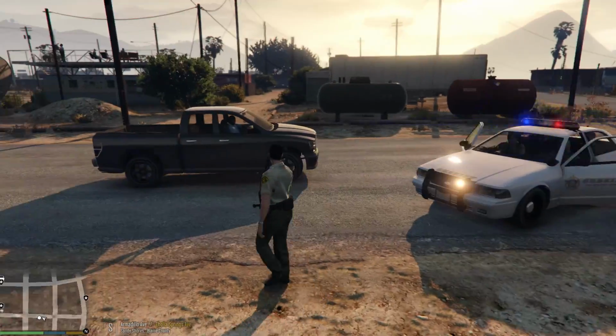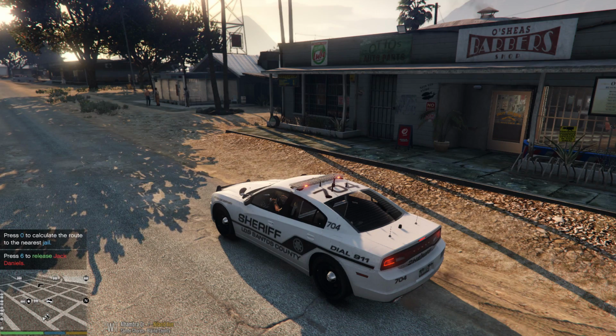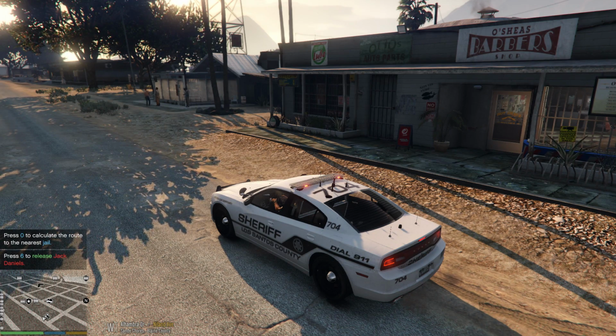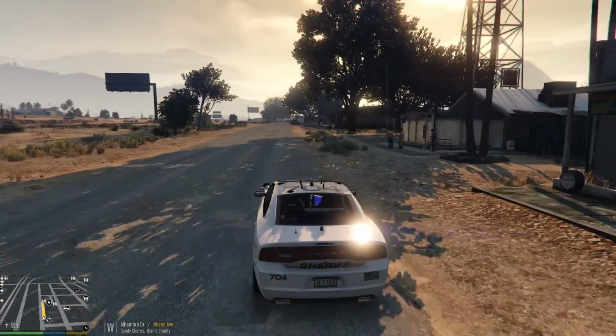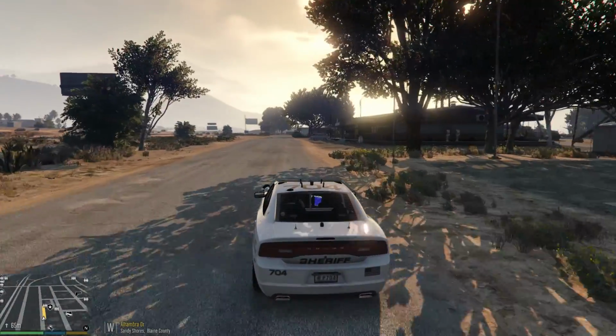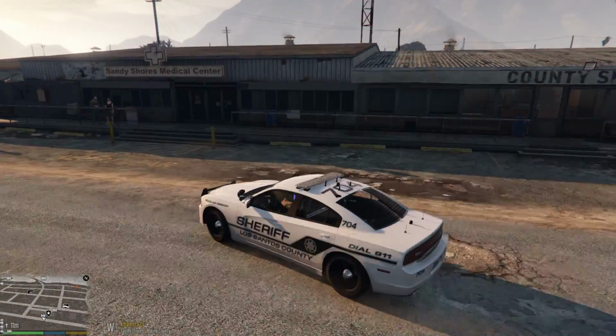Another feature of Arrest Manager is that it adds a lot more jail points where you can take your suspects to. As you can see now, when you get in your vehicle with the suspect in the back, you can press 0 to calculate the route to the nearest jail. And this is an added jail point by Arrest Manager. So once we roll up into the jail point here,